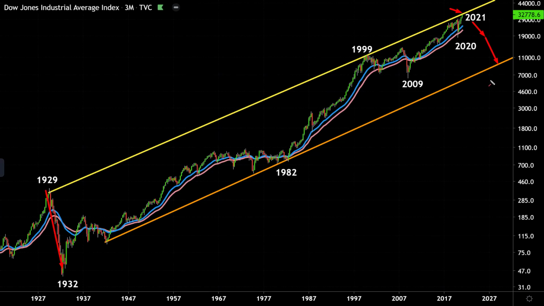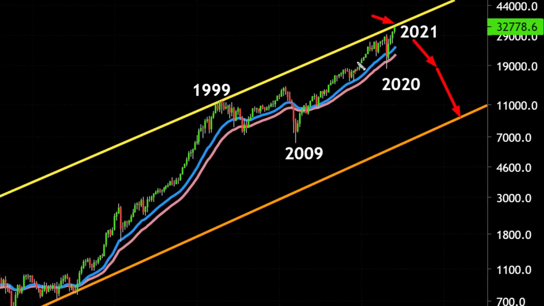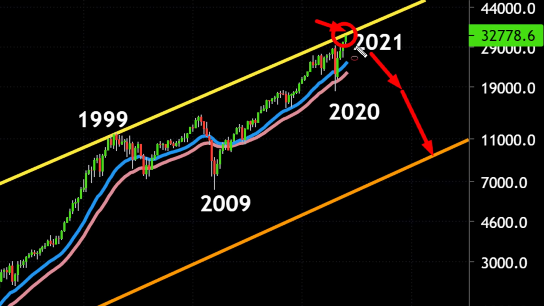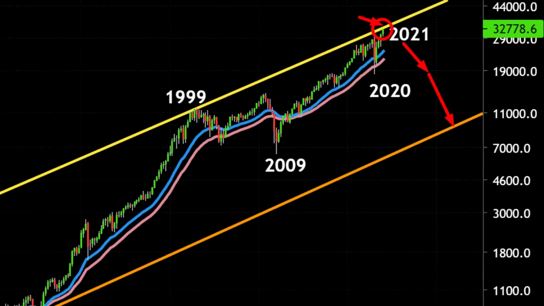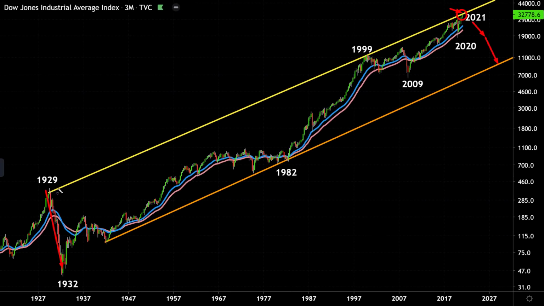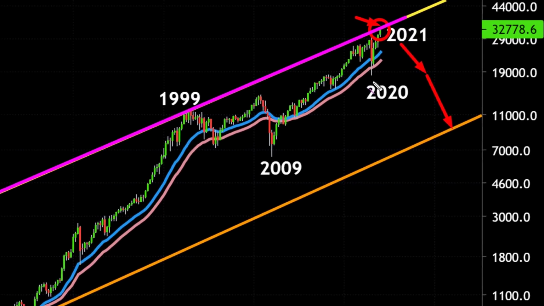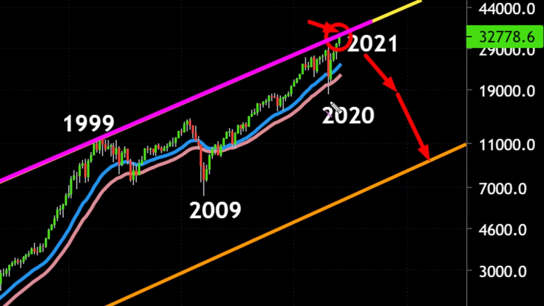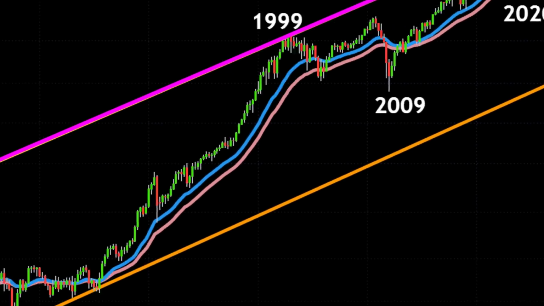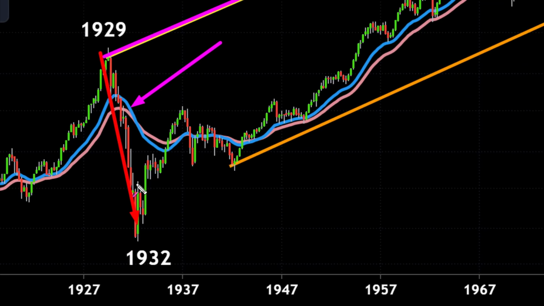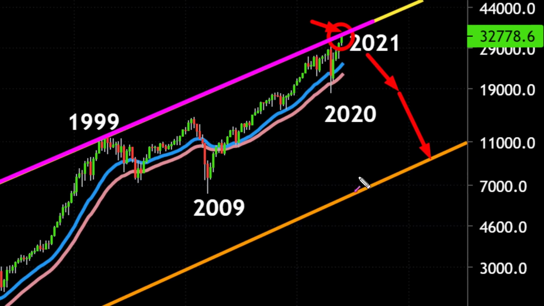So what these guys are saying is that this year, after the market reaches this level, this trend line, if we just draw this in a different color, for example, in a magenta line, just connect this high to the 1999 high, you can see that's exactly pretty much where it's meeting us. We're close, we're not far away. So according to these chartists, we could experience a major bear market crash similar to that one in 1929 to 1932 after we reach these levels.